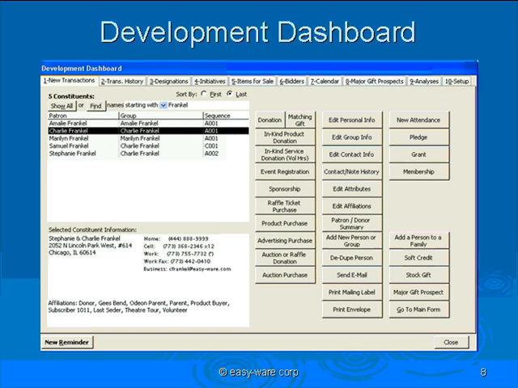From this particular screen, you could hit any one of the buttons that you see there, and it'll get you to that area to continue to fill in the information that you needed to fill in for this one particular individual and or as a group.